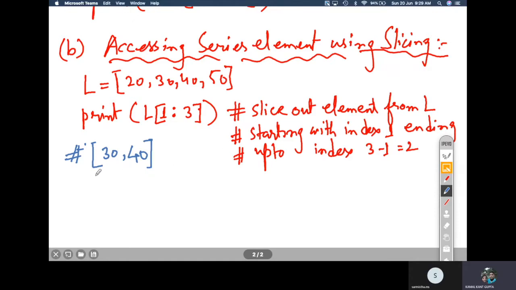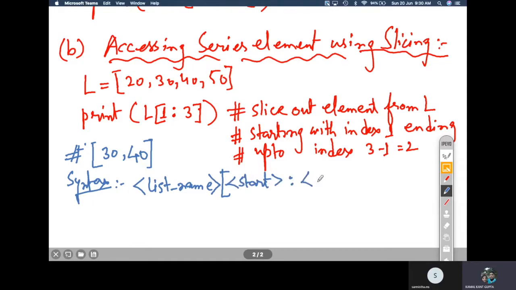Now, the syntax for slicing in a list is just the name of the list, then the starting index, then colon, the ending index, and then colon, step, meaning the jump, how much jump you want. All of them are optional.